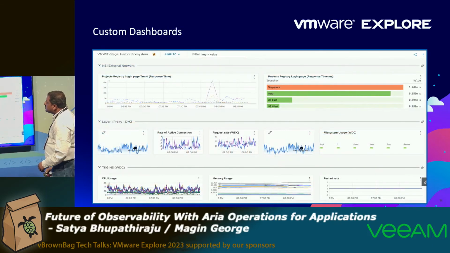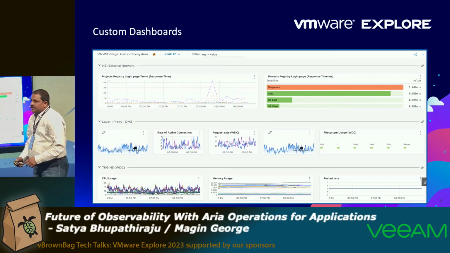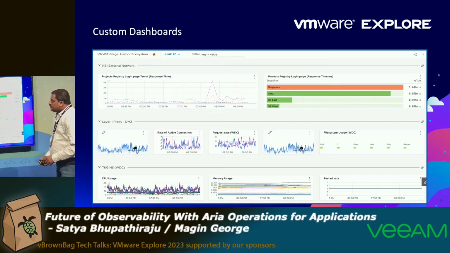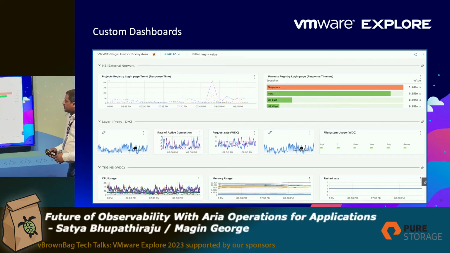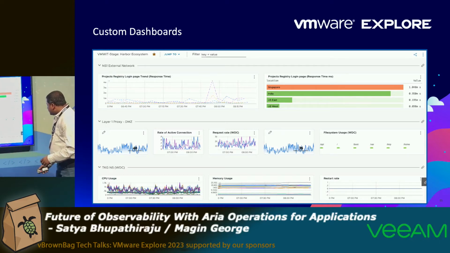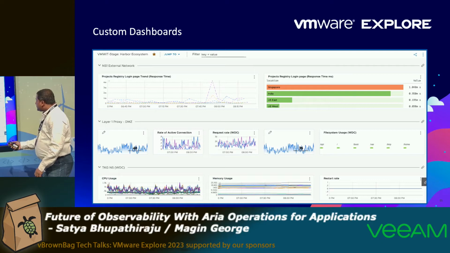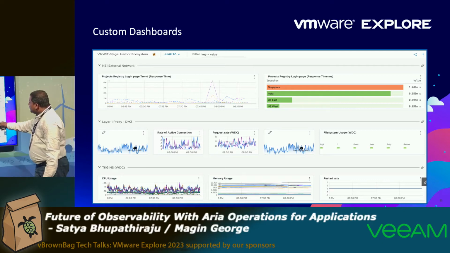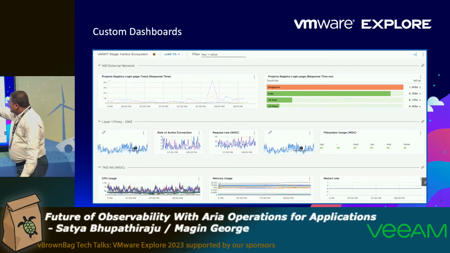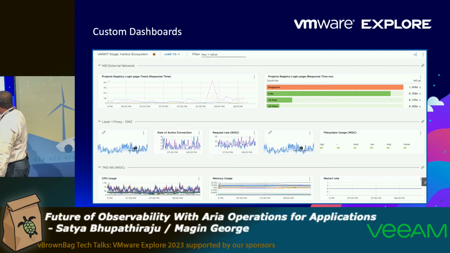The next is the custom dashboard. Custom dashboards are where you can create your own dashboards with respect to the network, latency, a data center view, file systems, virtualization, or anything: TKG, Kubernetes, memory usage, request rate, pods, restart rates, and everything. And here you can see one with the geographical top 5